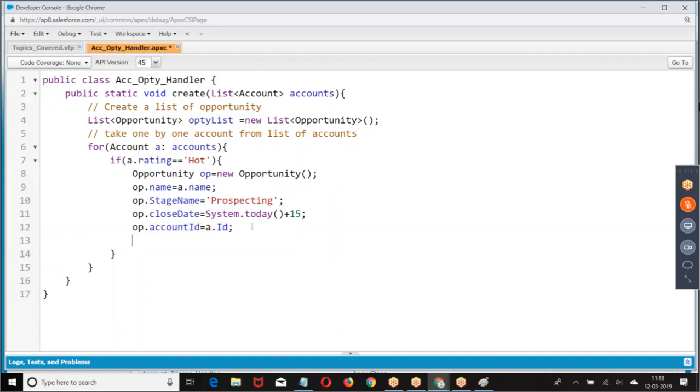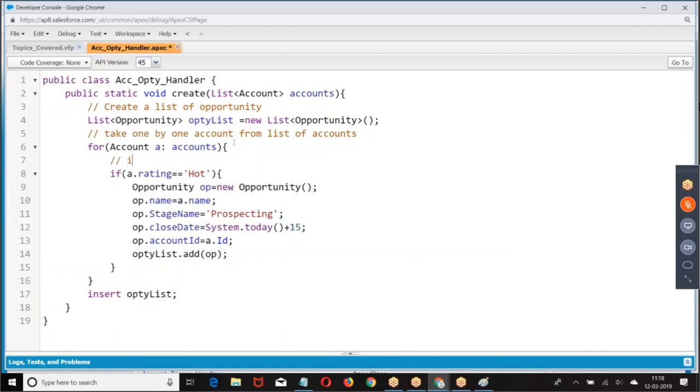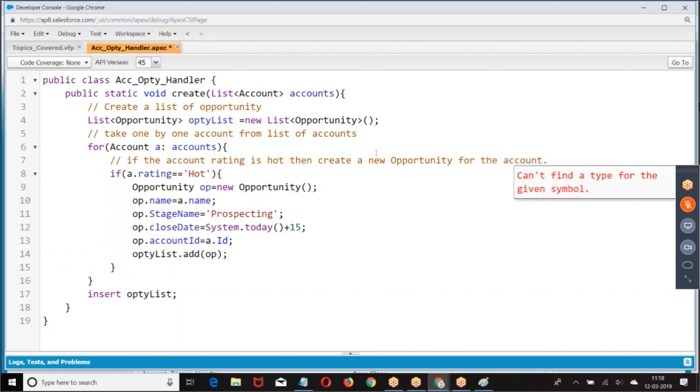Then what did I do? If account rating is hot, then create a new opportunity for the account.